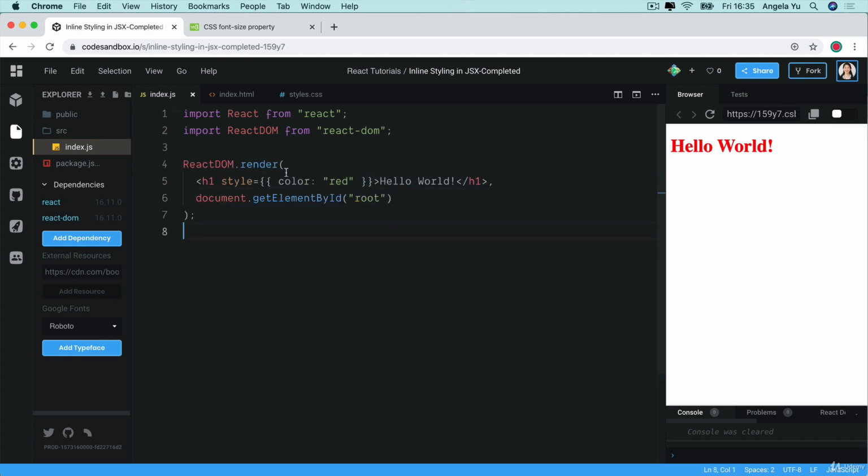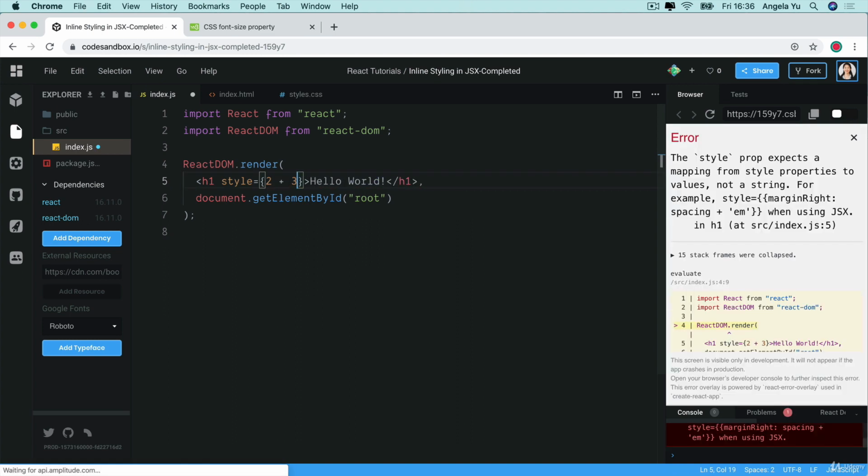But this does end up looking very strange with two sets of curly braces. But this is all because the style property requires a value that is a JavaScript object, and that object, in order for it to be interpreted correctly inside an HTML element, has to have a set of curly braces around it. Instead of a normal expression, like say 2 plus 3, in this case, we're just replacing it with a